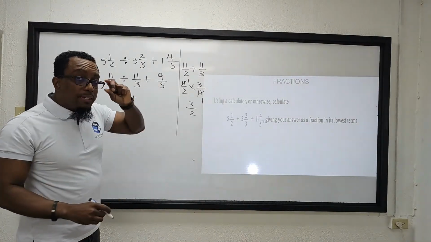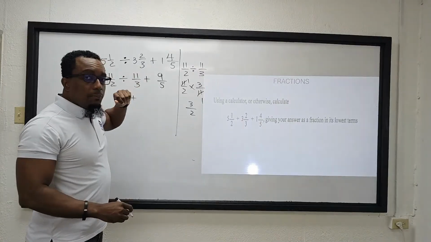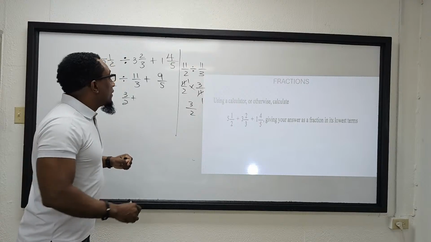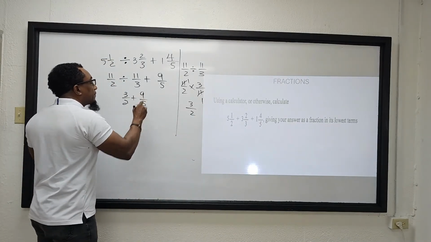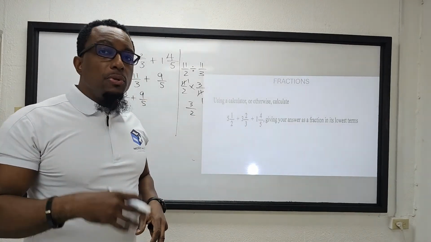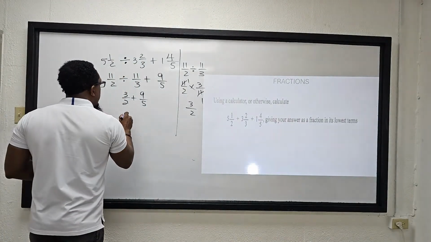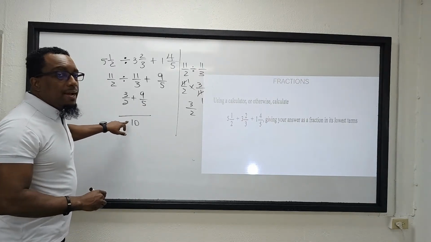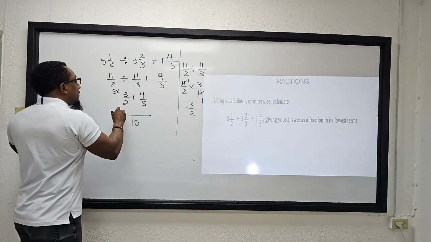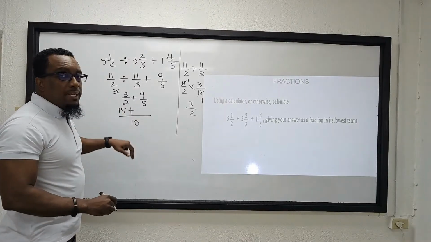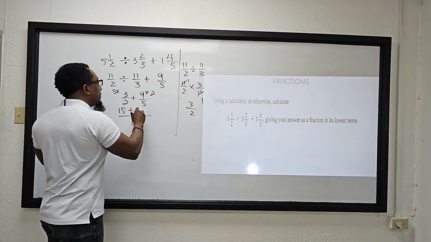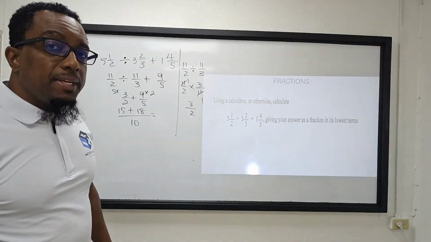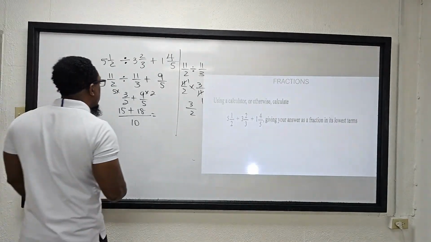And we maintain the order. So the order will be the result of dividing those two fractions first. We write that result first, plus 9 over 5. And in adding two fractions, we know we must find the LCM, which is 10. So 2 into 10 is 5, 5 by 3 will give 15, plus 5 into 10 is 2, 9 by 2 will give me 18. And I know that 15 plus 18 will give me 33